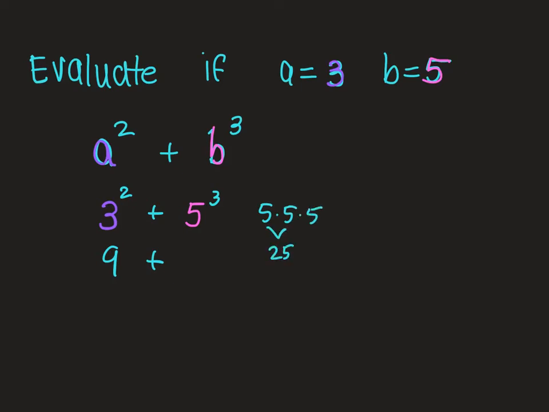These two 5s make 25. Now I have to do 25 times 5, which is 125. 125 plus 9 is 134. This looks a lot like order of operations, where we write it, we rewrite it, we come down, and